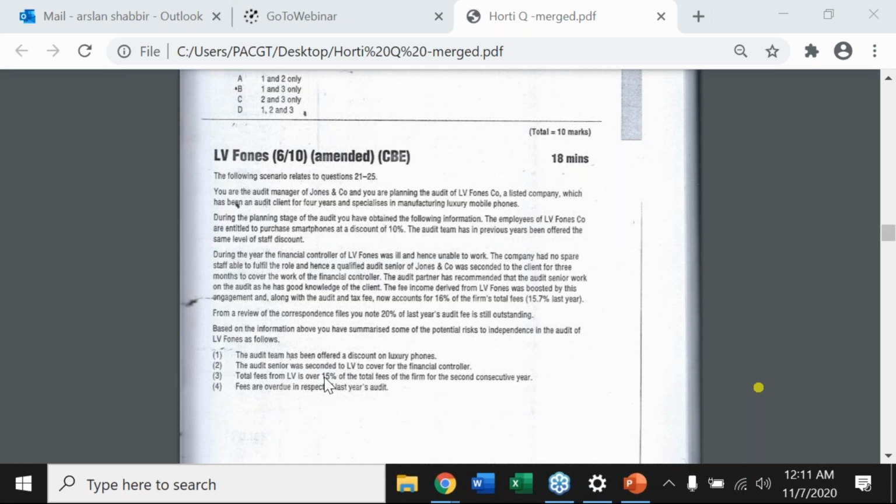So here it can be a self-interest threat. Fees are overdue in respect of the last year's audit, so it can be an intimidation threat. Now you people tell me,